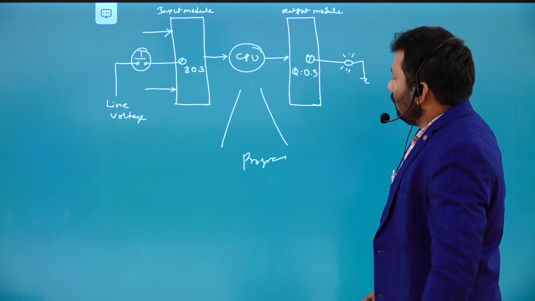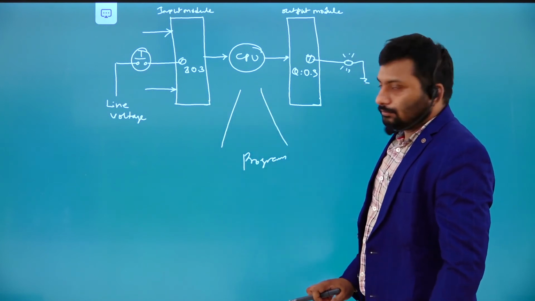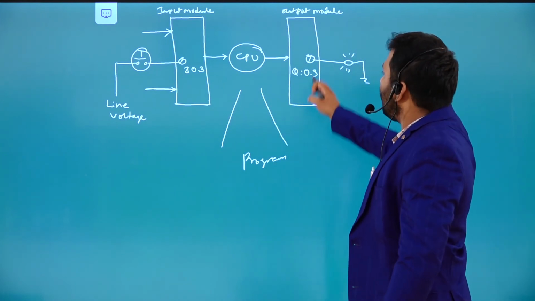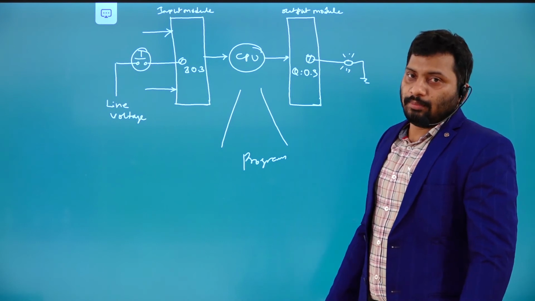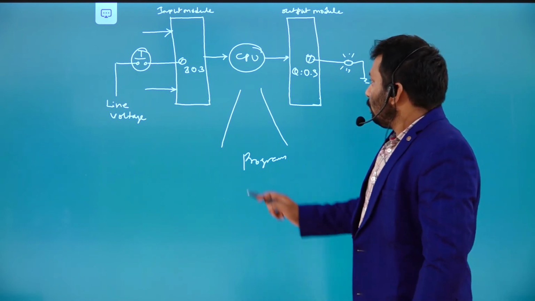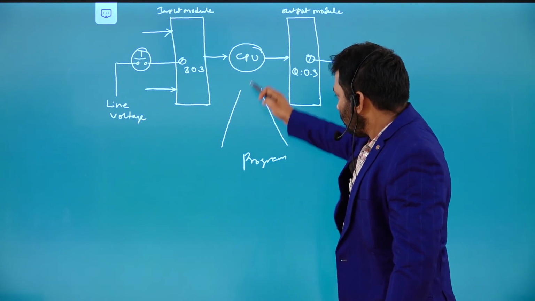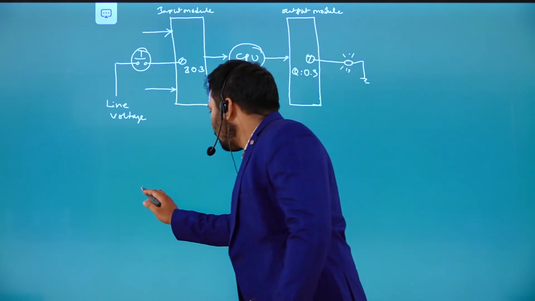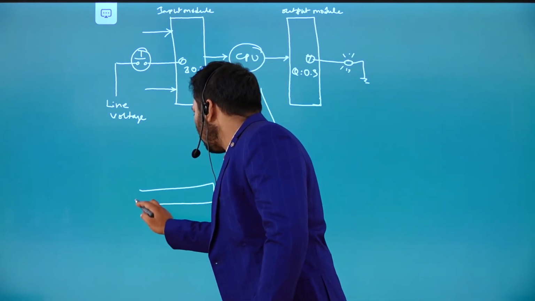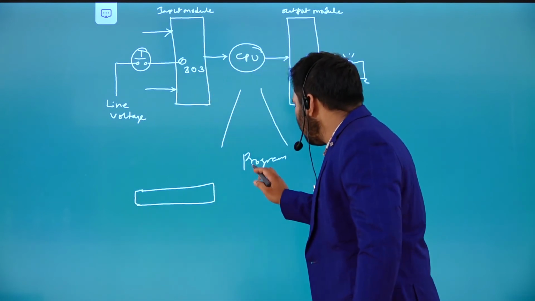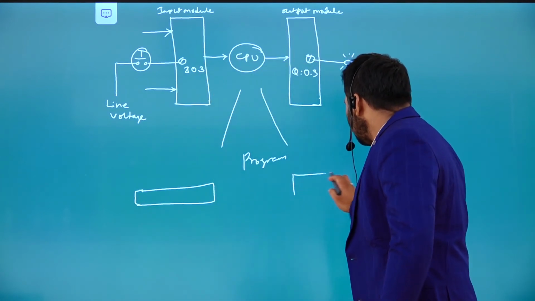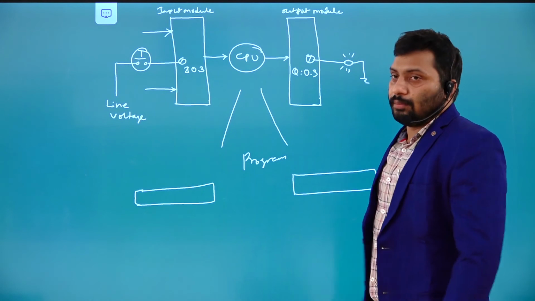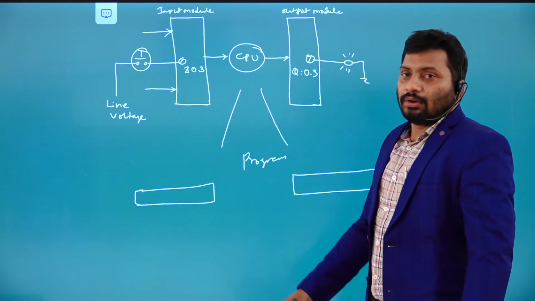But the input device is giving some data to the CPU. The CPU is going to execute the program and it is updating the data across the output terminals. So it is taking input data, doing some operation, and updating the output. So in this process, input is given by the input module, the CPU executes some program and updates the output terminals, or you can say the output devices.